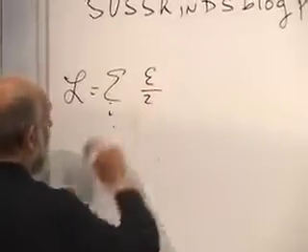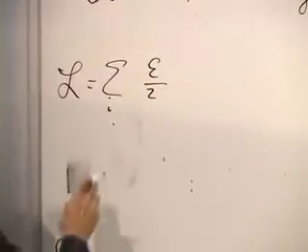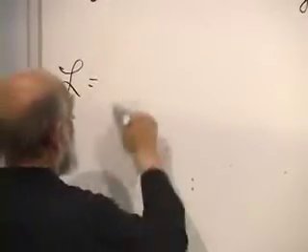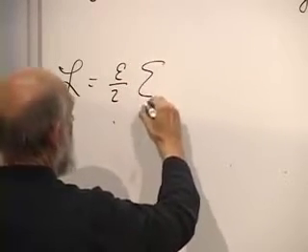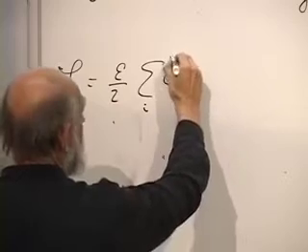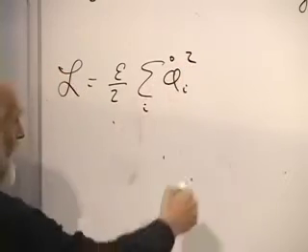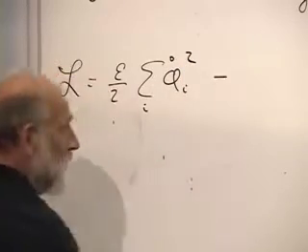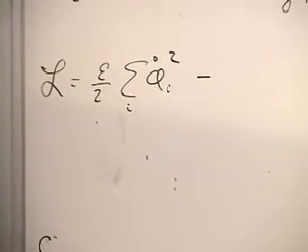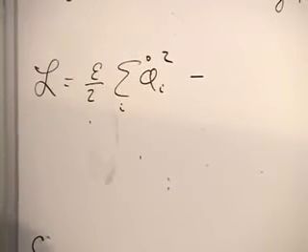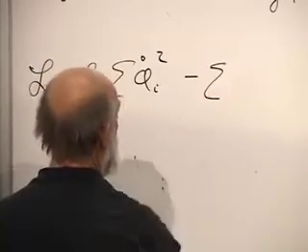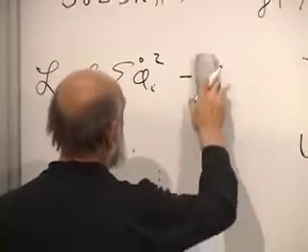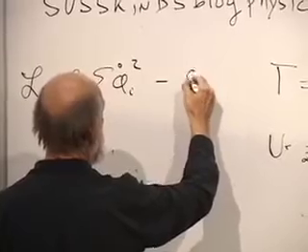I can take the epsilon over 2 on the outside. Epsilon over 2, summation over i, phi_i dot squared, and then another term, minus U. Remember, you subtract the potential energy, minus c squared over 2 epsilon,